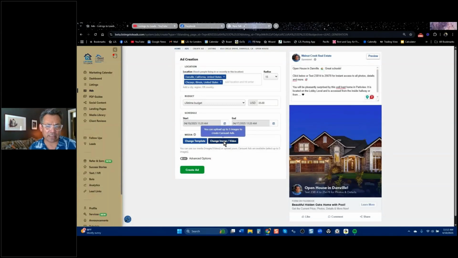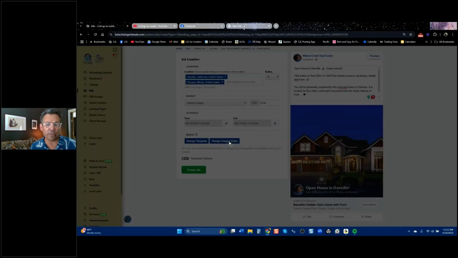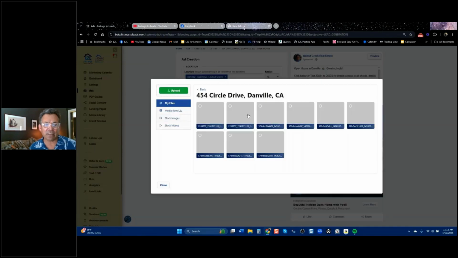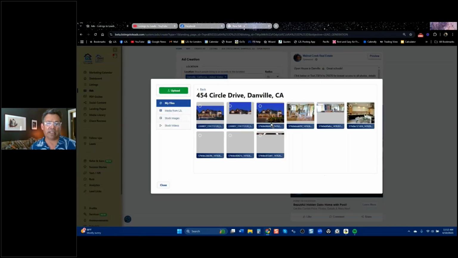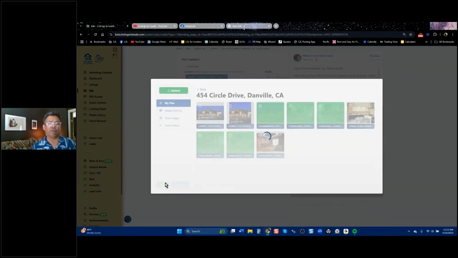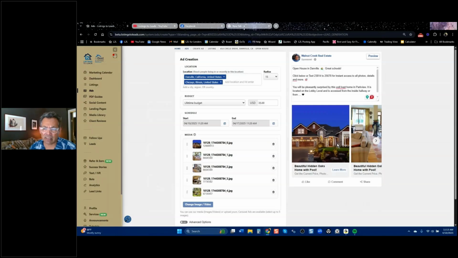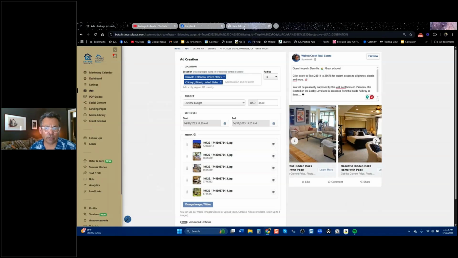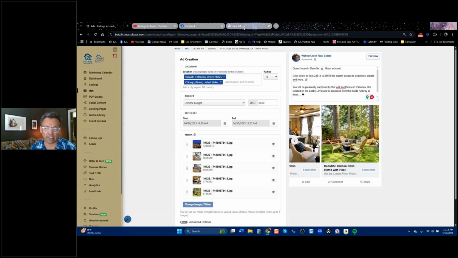Another thing to customize this is you can click change image/video and you can make this a carousel ad. And a carousel ad is cool because it's not just one photo. You're using multiple photos. So let's do that real quick. You can insert 5 images and you can see here that now a person can click through and learn more about the house. And ideally that's going to help you get more of a lead. So that's always been the case.